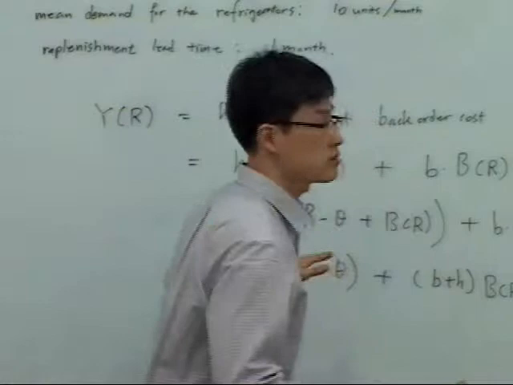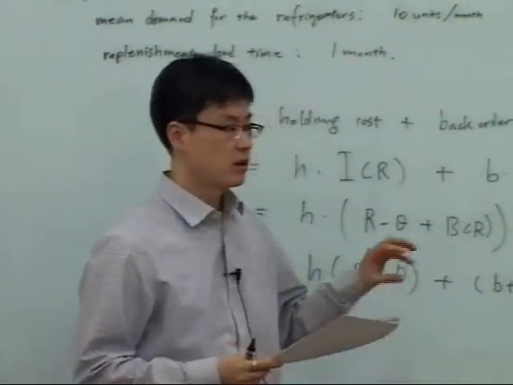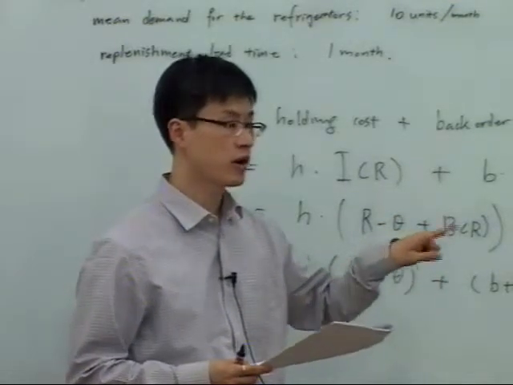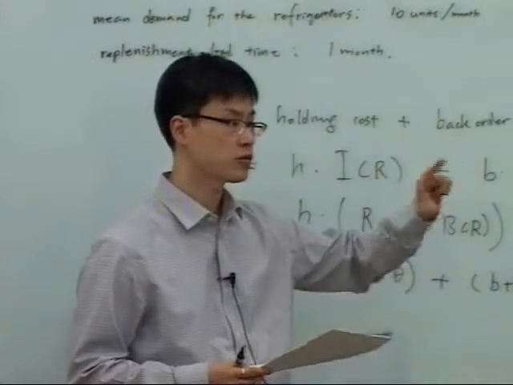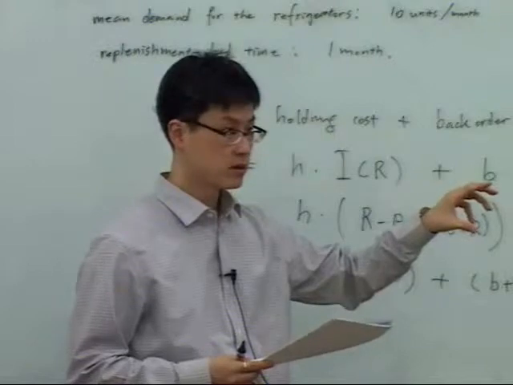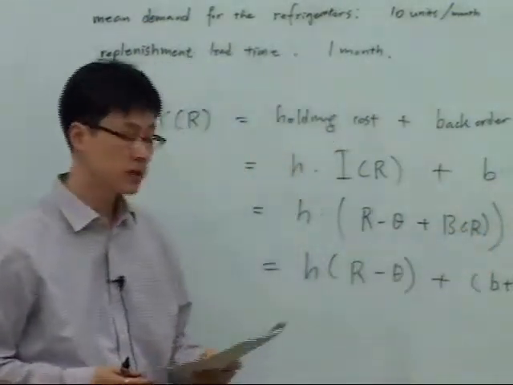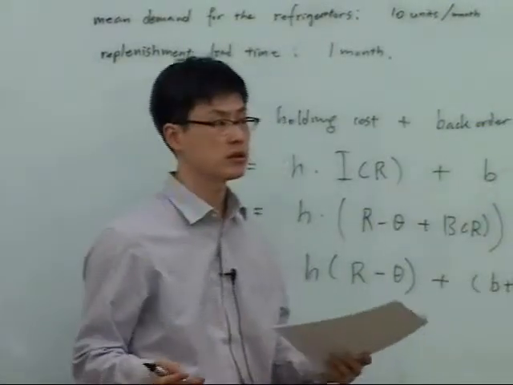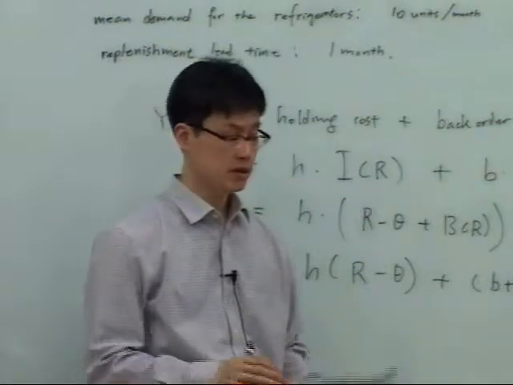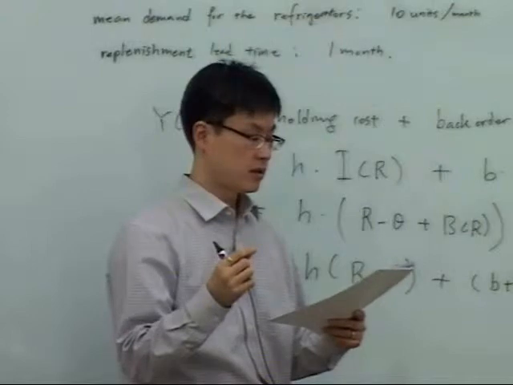Based on this derivation, we can say that reorder point control, by defining small r or large R, those two values differing by 1, the reorder point, the r value, controls the probability of stock out. Stock out means everything is sold out and you don't have anything left. So the probability of stock out